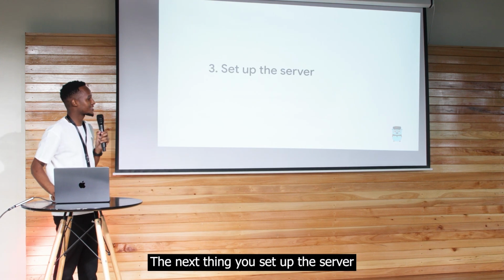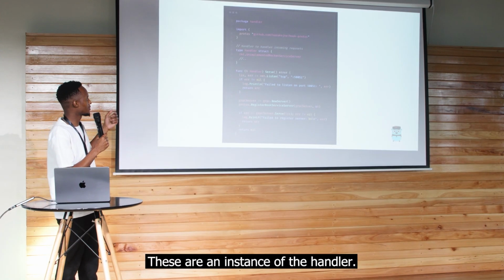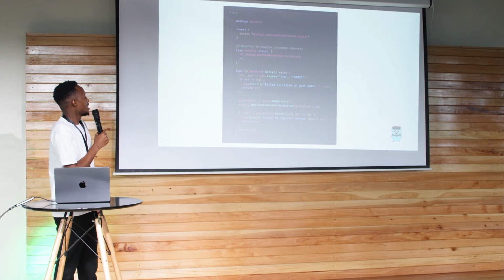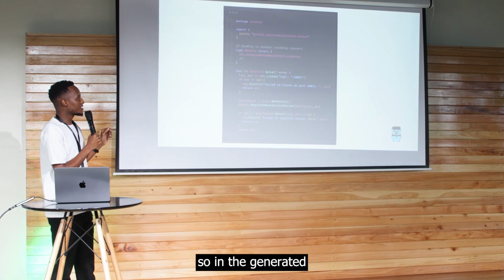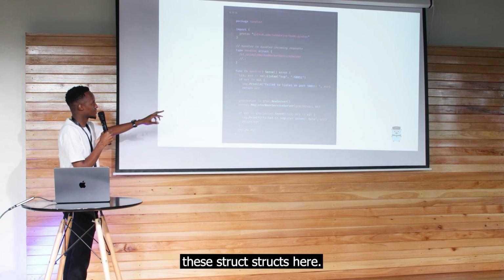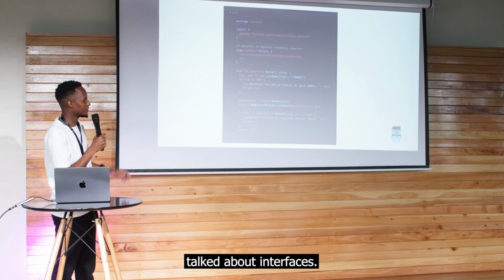The next thing, you set up the server, and you start an instance of the handler part. So in the generated server stubs, I'm going to show you there is this struct here, and I think someone talked about interfaces.